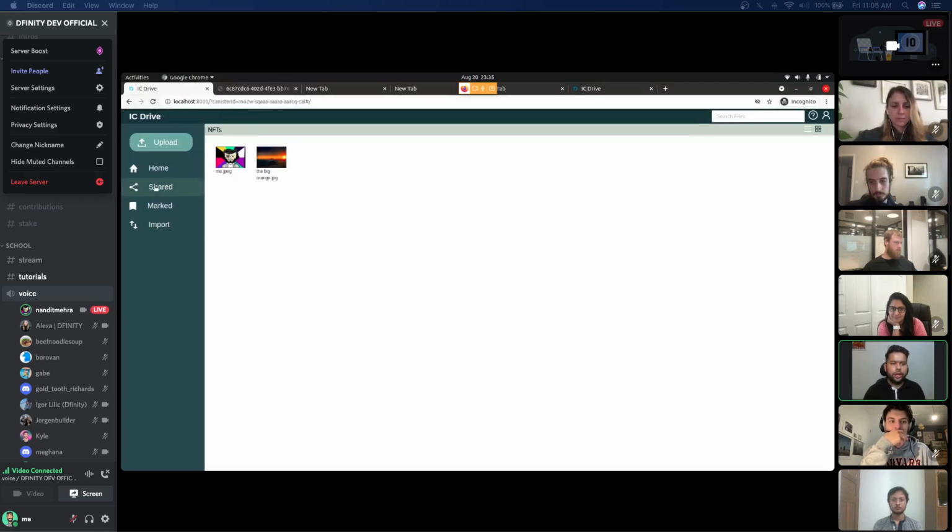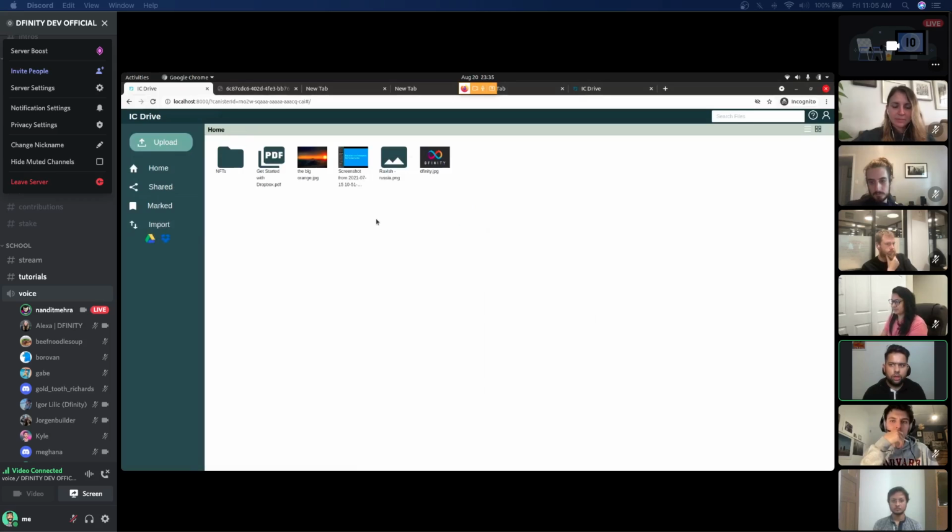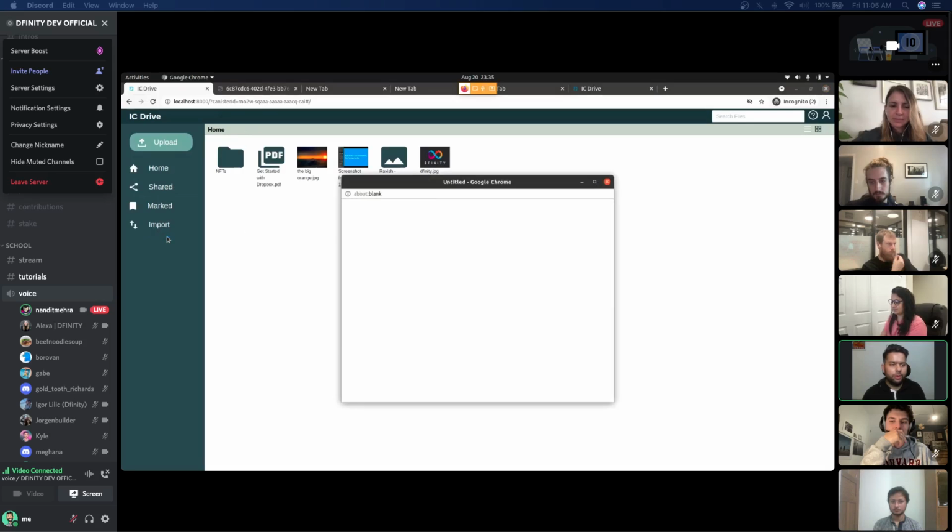If you want to show it to other people, then you need to share it via here. And let's say you already have files stored in other storage mediums like Dropbox and Google Drive and do not want to upload files manually, then you can go to this import feature where you can use this Google Drive option. I guess it didn't open up. Let me try with Dropbox.